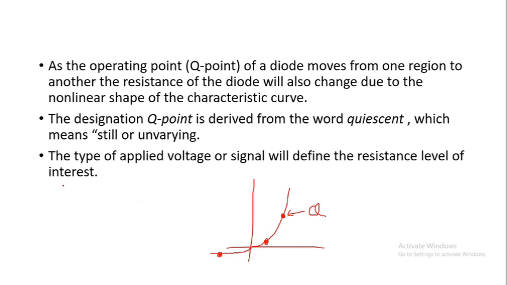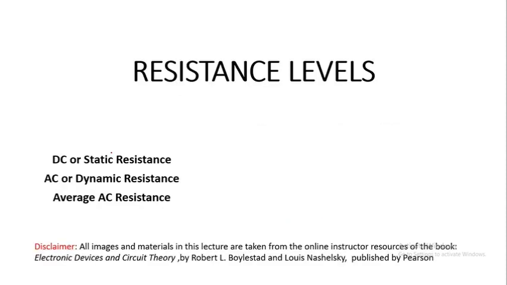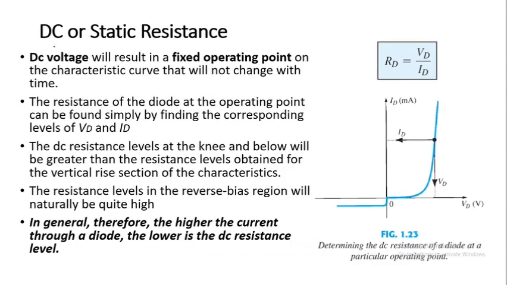So we have three different resistance levels. These are DC or static resistance, AC or dynamic resistance, and average AC resistance. Now the first one, which is DC or static resistance. When DC voltage is applied, that will result in a fixed operating point on the characteristic curve that will not change